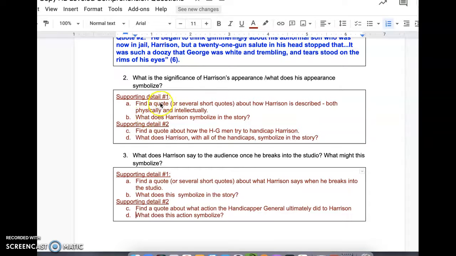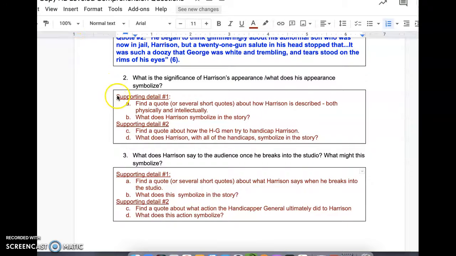And then, based on what you've written here, you'll say, what does Harrison symbolize in the story? So remember, in the story, the community or the society is all about everything being equal. So what does Harrison, without those handicaps, what does he symbolize in the story? So these 2 are going to help you when you get over to the outline for the quote and the analysis.